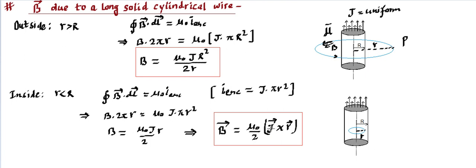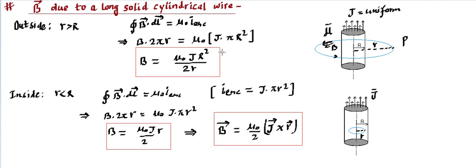And if we do the magnitude, it's going to be J r sine theta, and the angle between r and J is going to be 90 degrees, because you can see over here r is in the horizontal direction, whereas J is in the vertically upward direction. So that's the direction of J. So J cross R will have a magnitude J into R, which is written over here. So this is an important expression that carries both magnitude as well as direction. And if you need to find only the magnitude, then you can remember this one, that the magnitude is mu naught J R by 2.